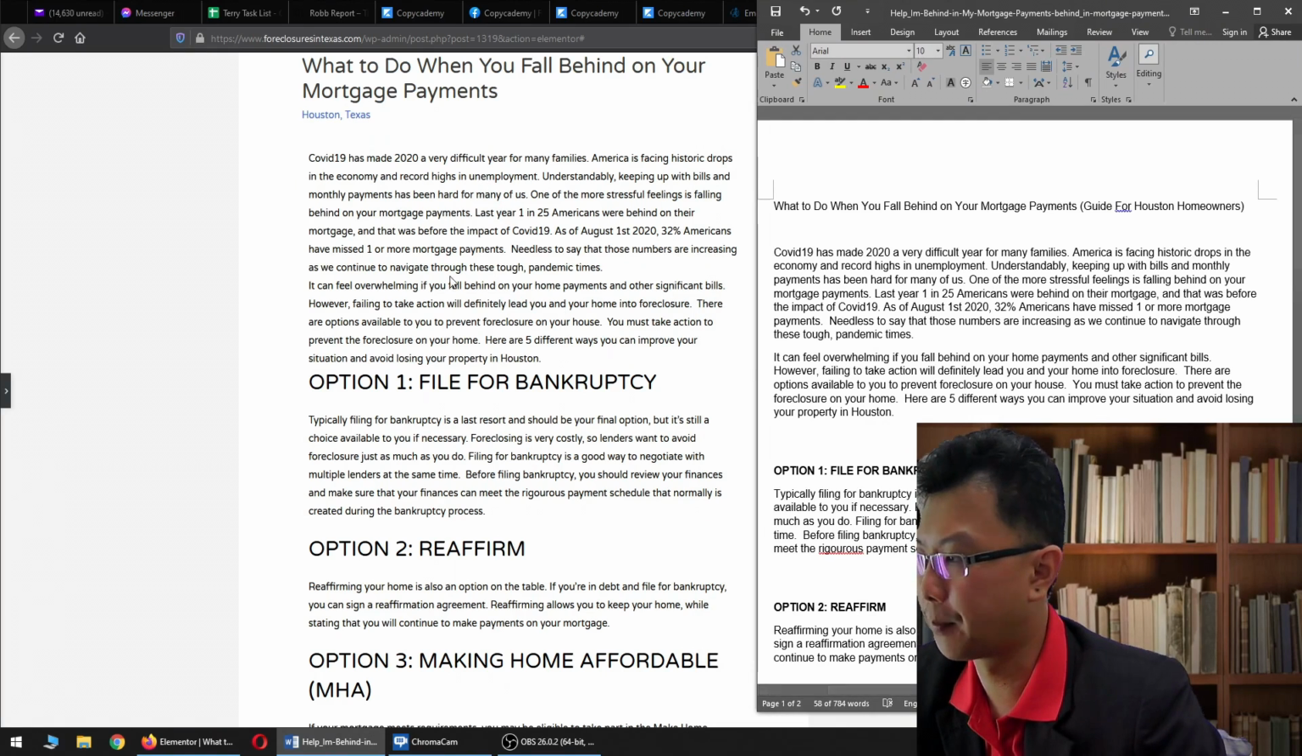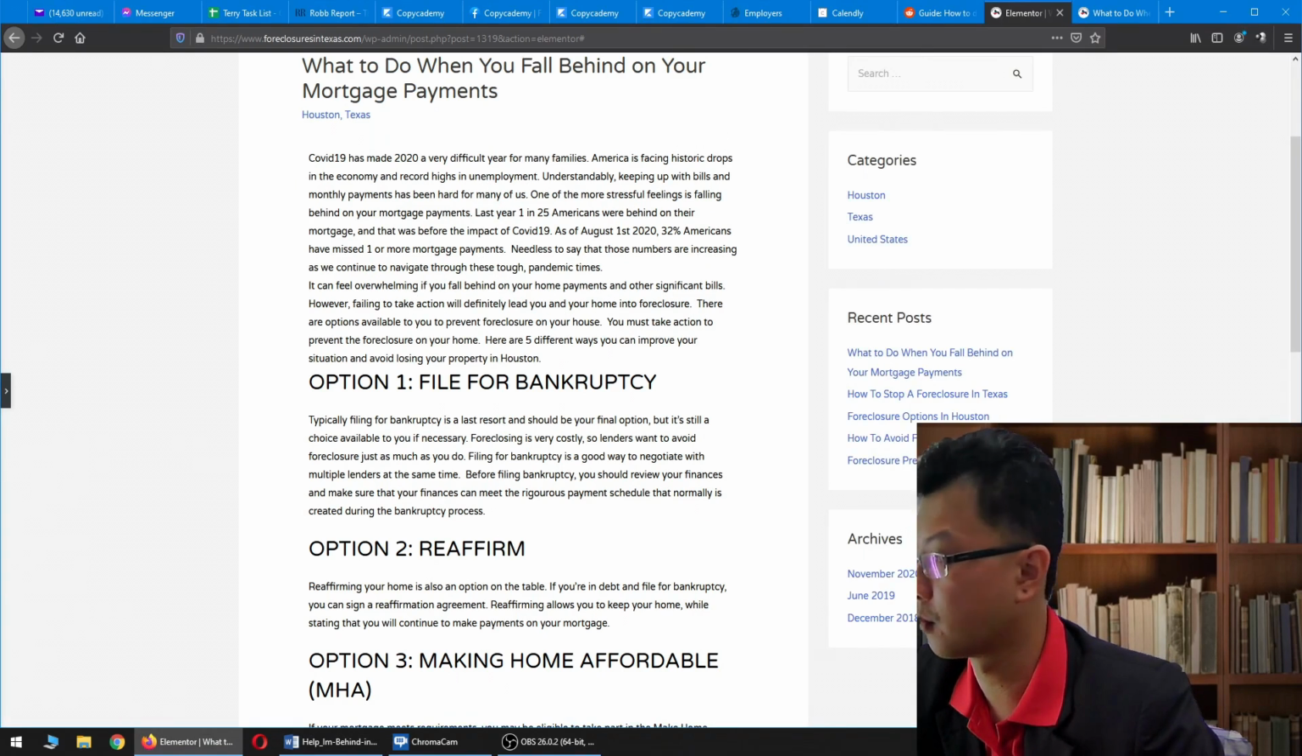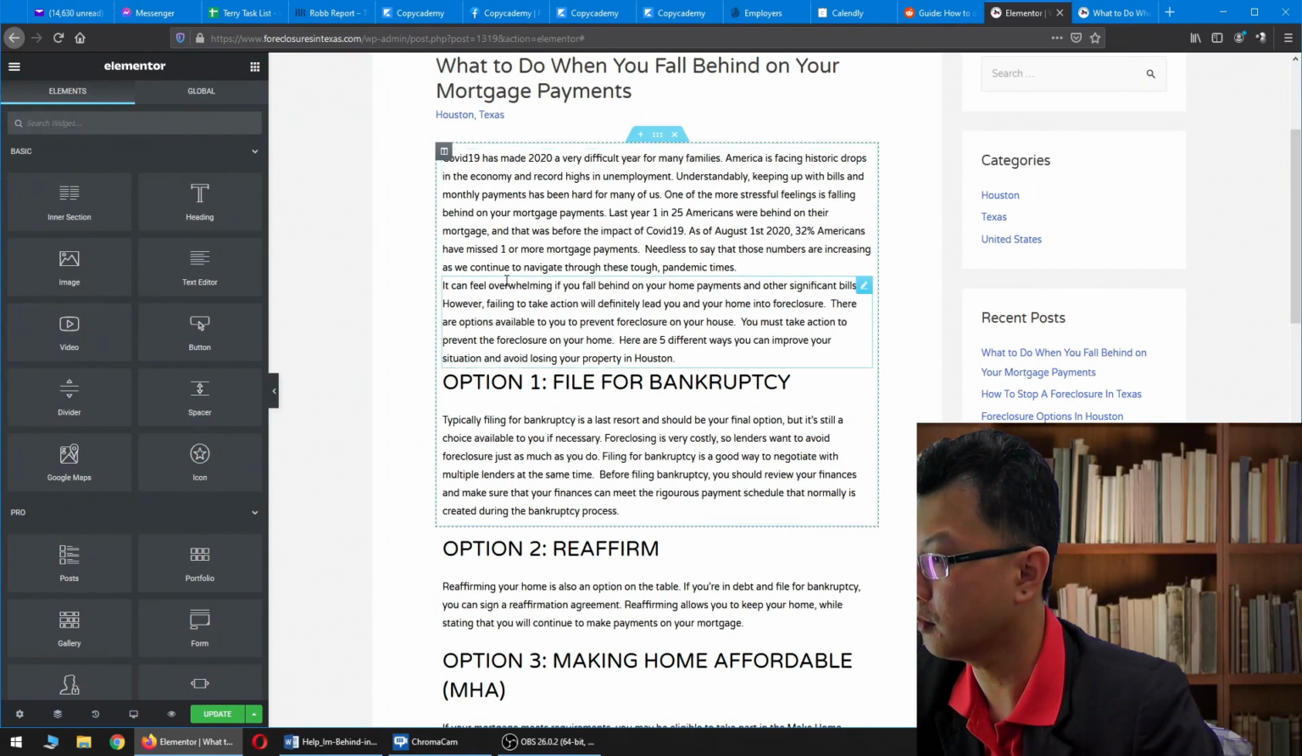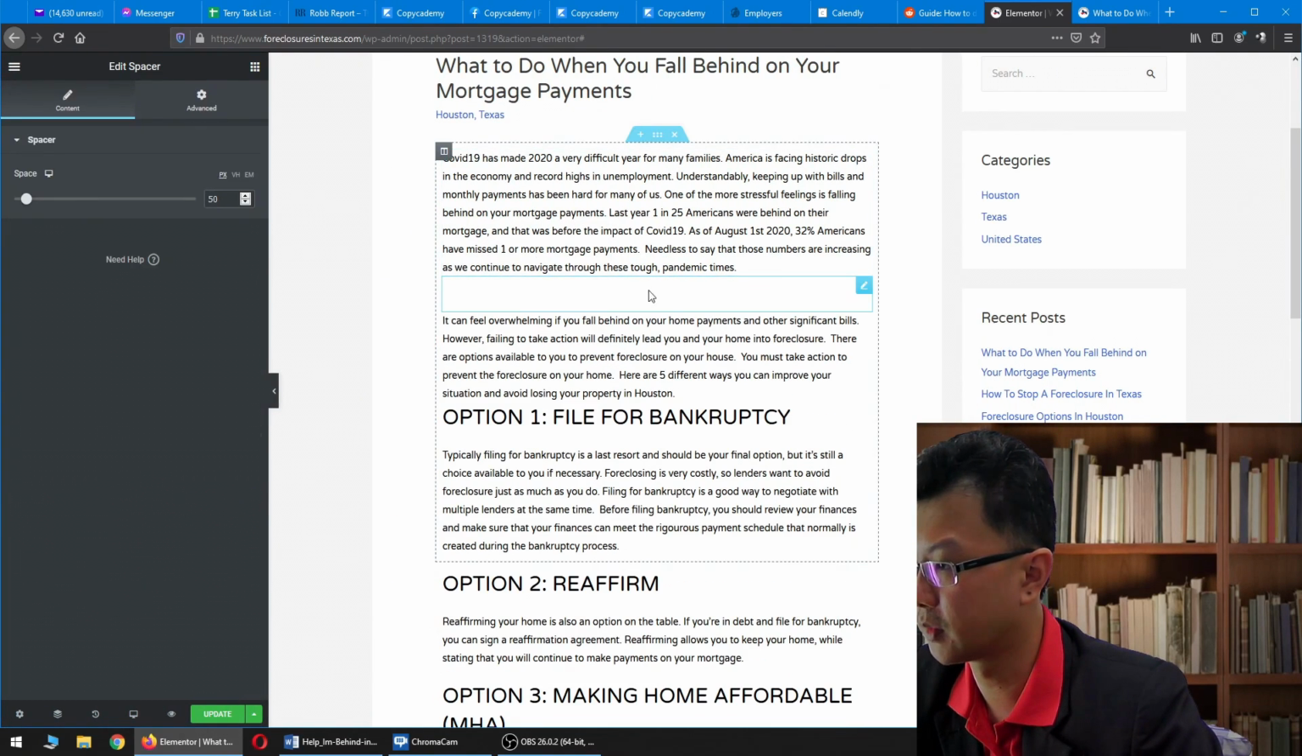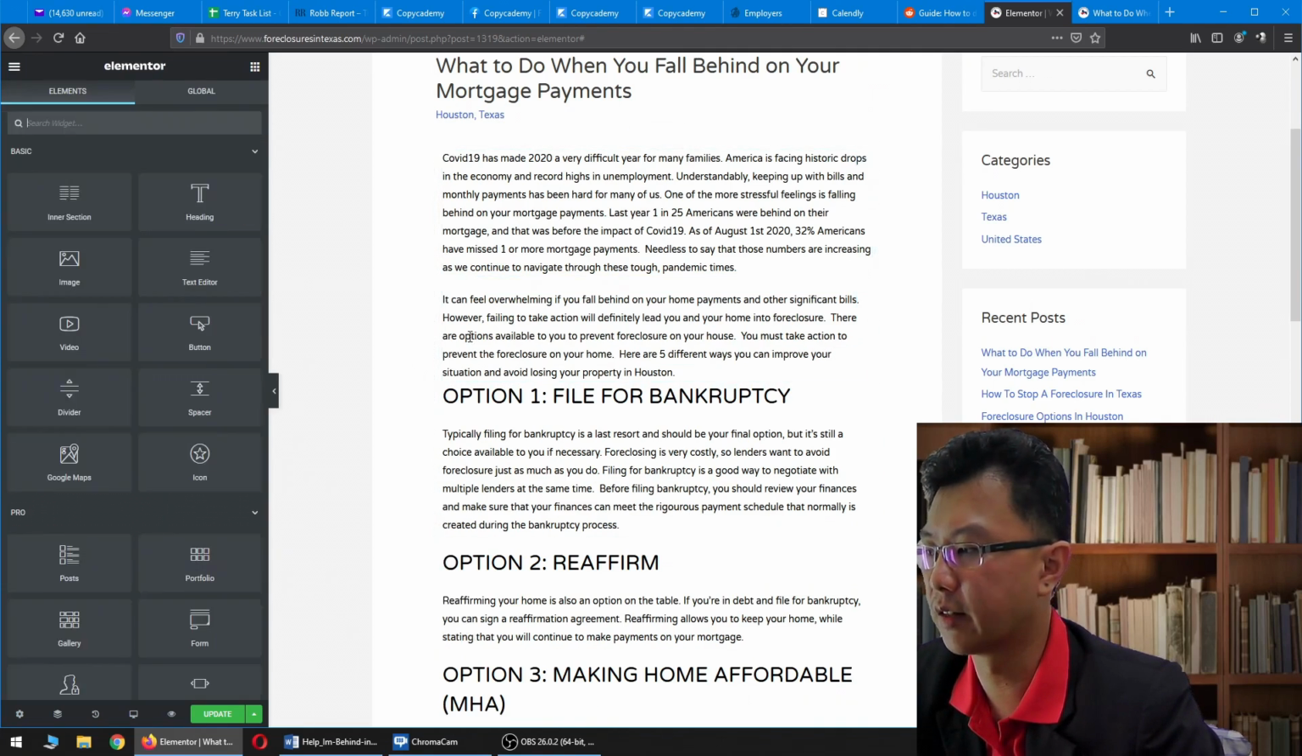Okay, paragraph 1, paragraph 2. I'm just reading the first part of the paragraph. Now here is a bit hard to read. So what I do is I can insert a little space here. It doesn't have to be 50, it can be just 20. Alright, so now